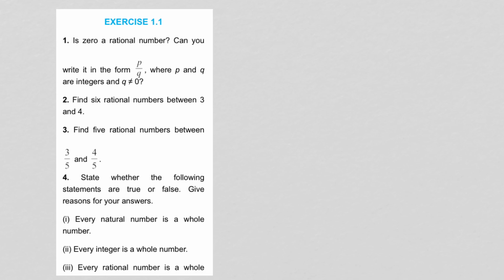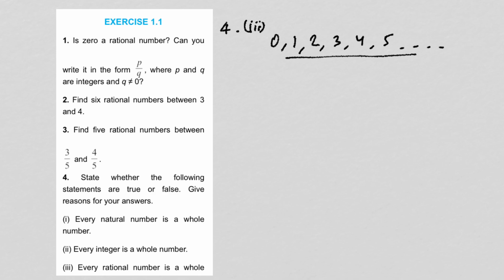And the very last question is, the statement is, every rational number is a whole number. What are whole numbers? These are the numbers which are counting numbers including 0. It starts with 0 and then the counting numbers, and so on. But in between 1 and 2,